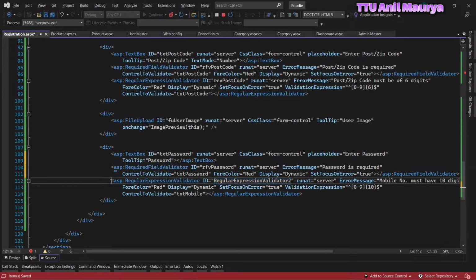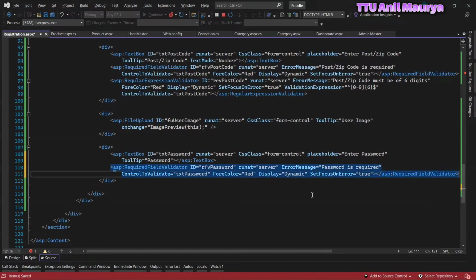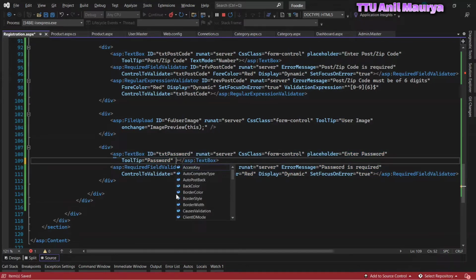The regular expression validator we are going to remove. Save it. But here in the text box, we are going to take one property, that is